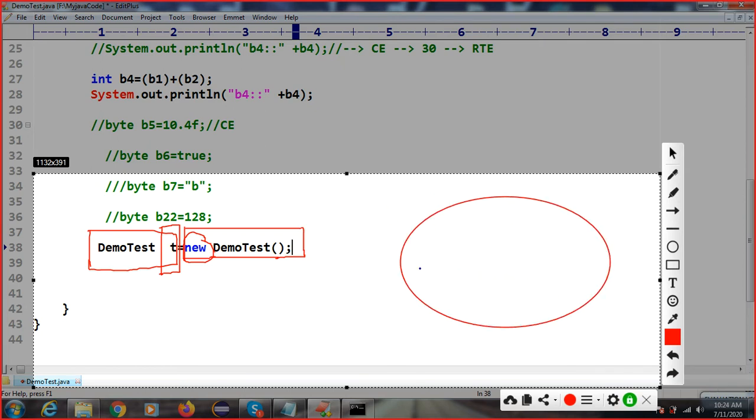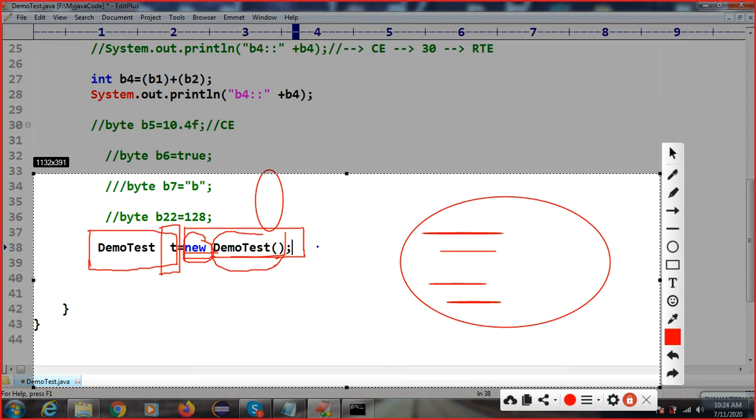Here, all this non-static member will get memory when you create this object. But after getting the memory, we have to initialize the object. You can say this is also the constructor, right? So this constructor will initialize the object. Got it? This is the constructor. Without these two parts, you cannot create an object.